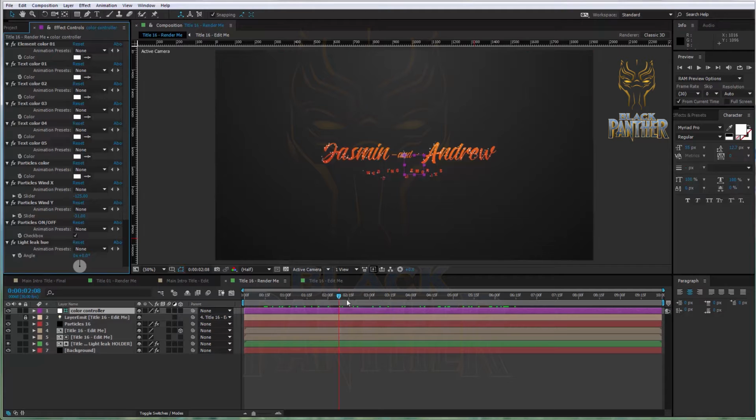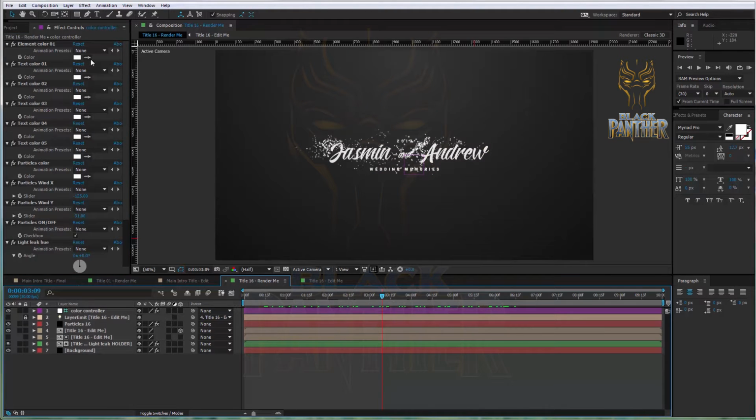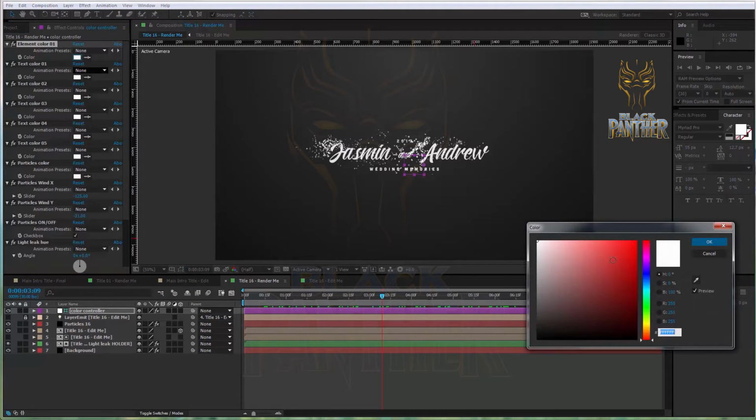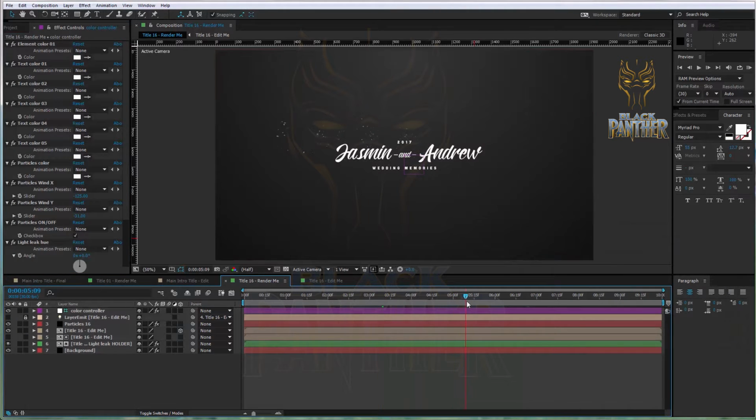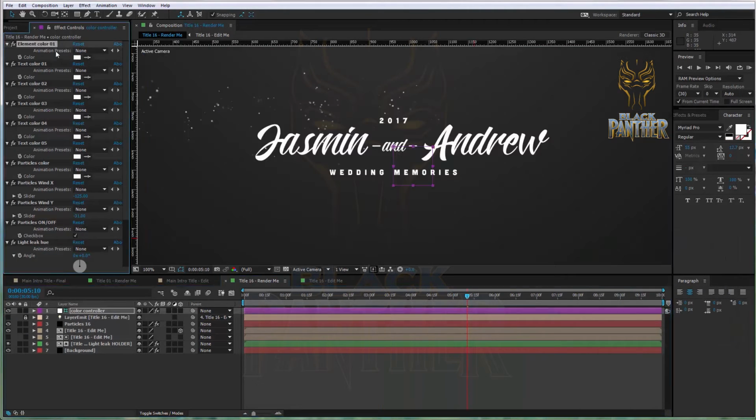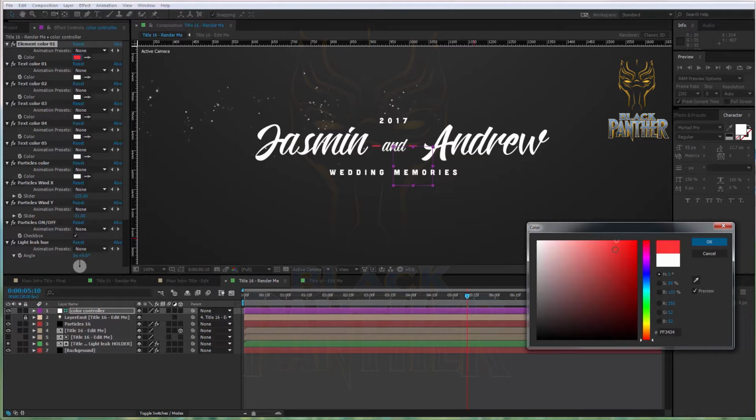Depending on the title, we have more or fewer element colors controllers. In this case we have just the one, so if you click you can see we can recolor those two lines. If you scrub, you see those two lines, we click and we can recolor them, let's say to this kind of color,